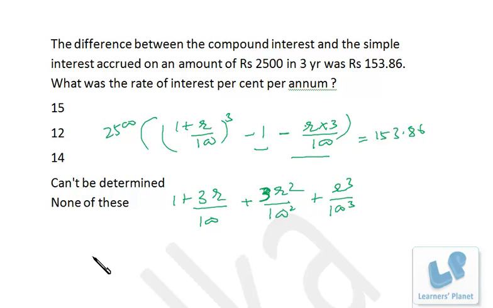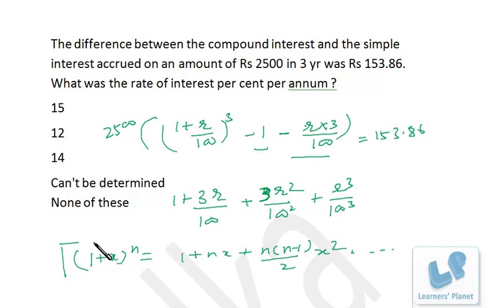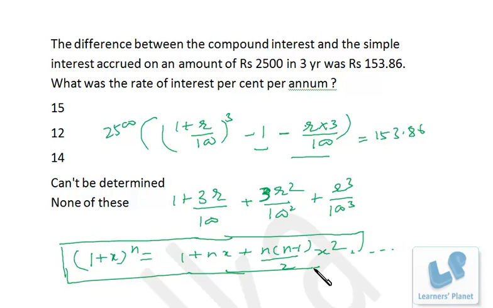So what we can do is, 1 plus x raised to n can be written as 1 plus nx plus n into n minus 1 by 2 x square, right? Remaining terms can be left, right? Even if n is a big quantity and x is a quantity that is a fraction, then you can drop this term. So that is approximately equal to 1 plus nx. Okay, so that is a very important result that you should be knowing, right? So this will help you in solving many problems, right?